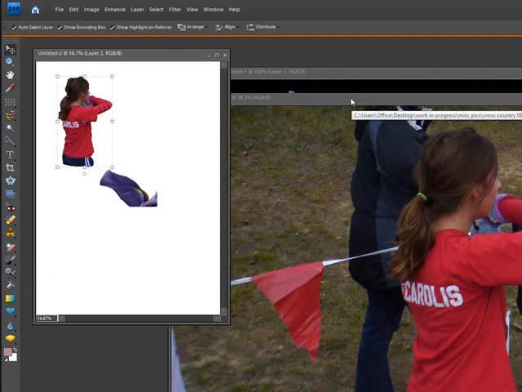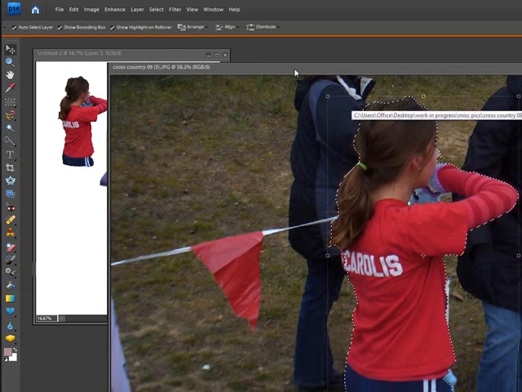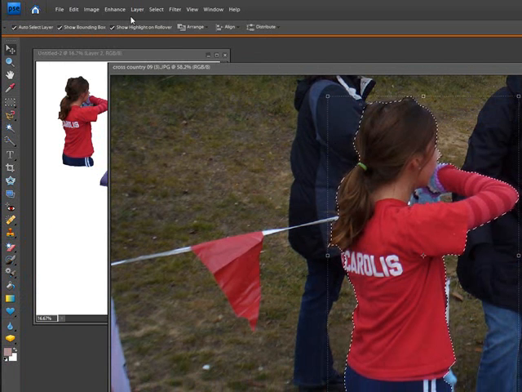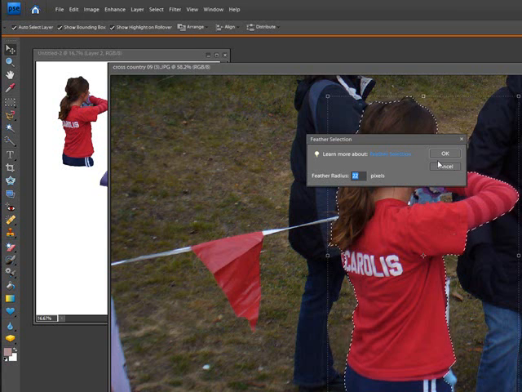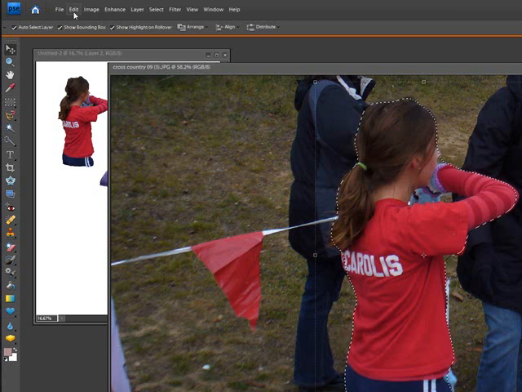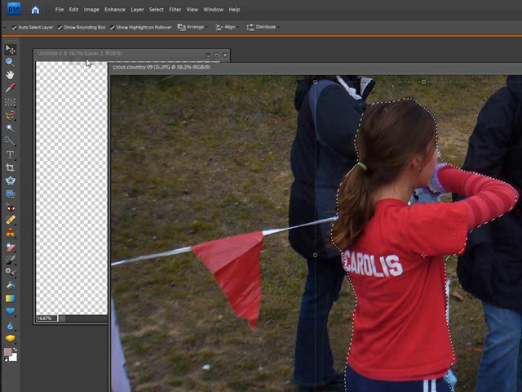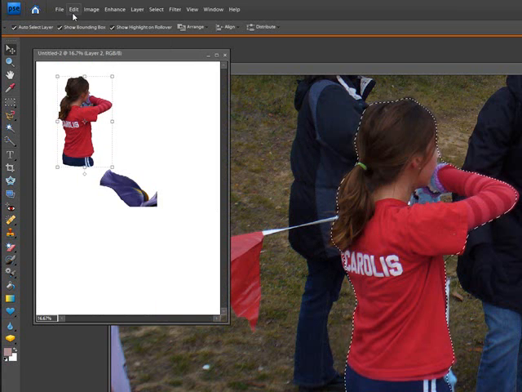Now, you asked about feathering a selection. If I wanted to put a softer edge around her, that's when I would use the feathering command, and that's under select at the top, down to feather, and I'm just going to put in a random number here. It's 22. And now when I do an edit copy, going back over here and do an edit paste,